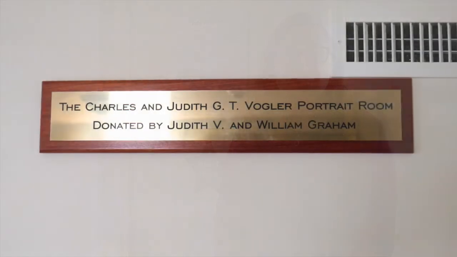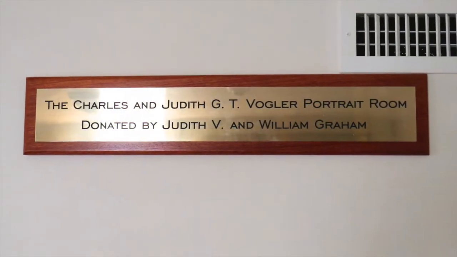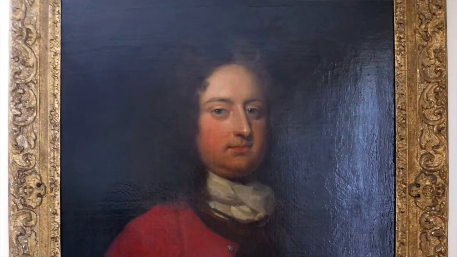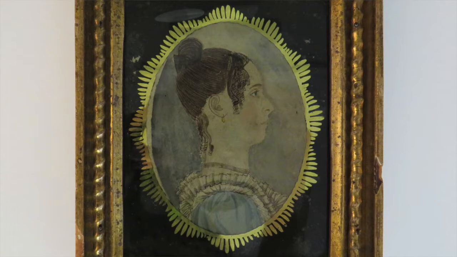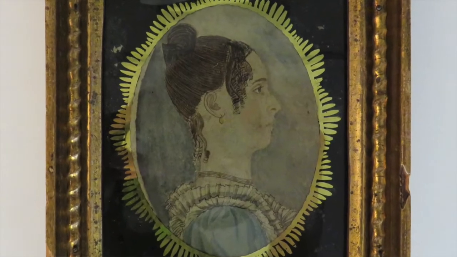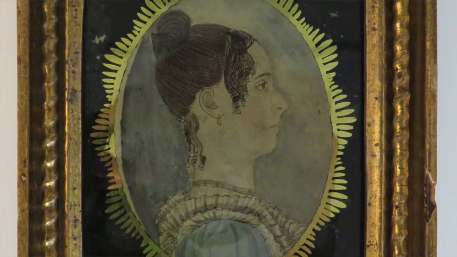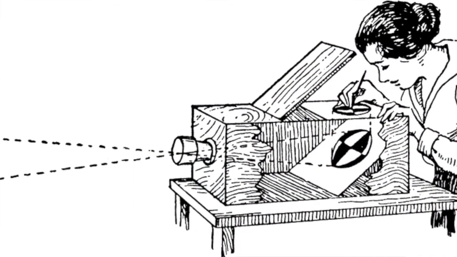The Charles and Judith G.T. Vogler Portrait Room displays Porter's style of painting in contrast to portraits of people who possessed higher socioeconomic status. Porter did not work on large-scale portraits, but rather created paintings for those who preferred something quick and affordable. One of the devices he manipulated to make the process even faster was the camera obscura, which will be discussed